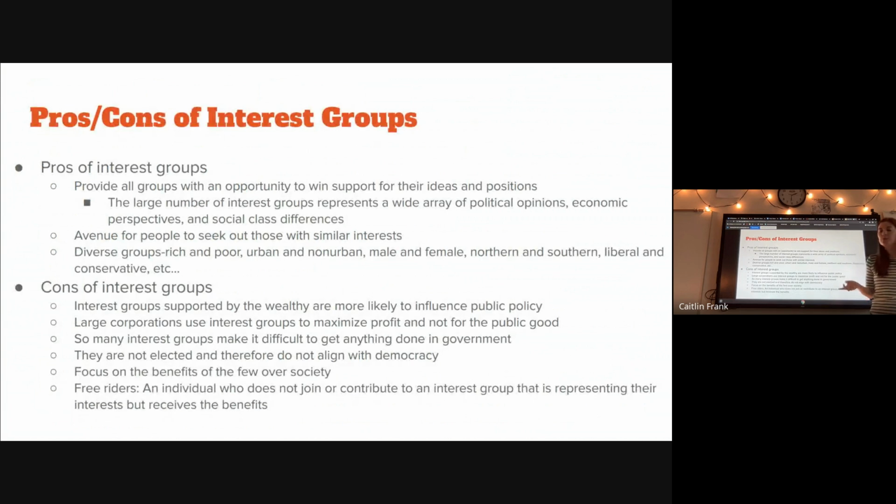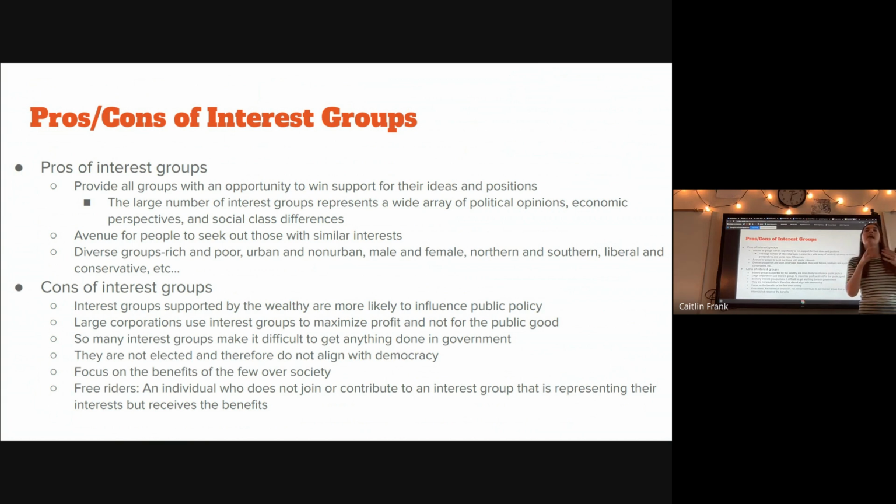Pros and cons of interest groups. Pros, it brings people together under a common issue. So it can unite diverse groups that have a common goal and bring to light to the government what the people are searching for from Congress and from legislation. But cons,